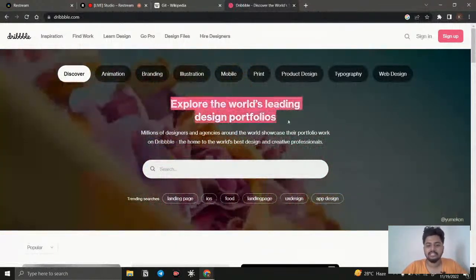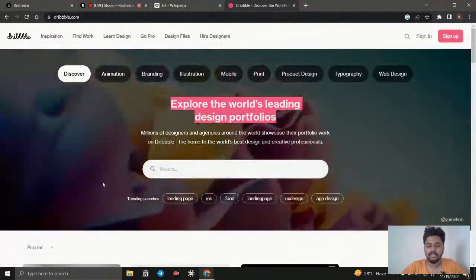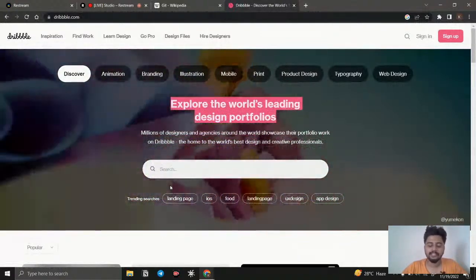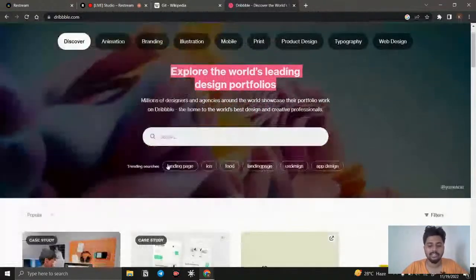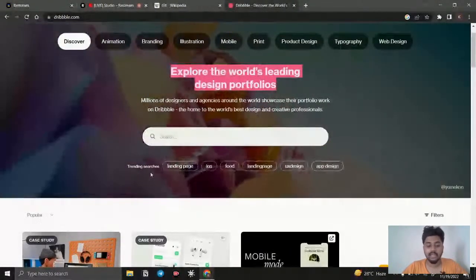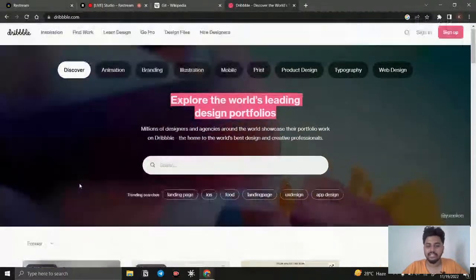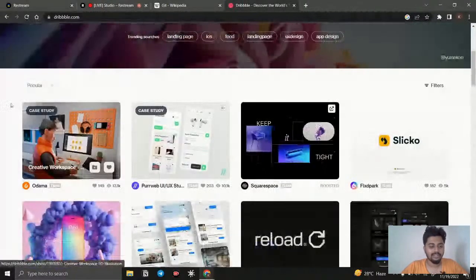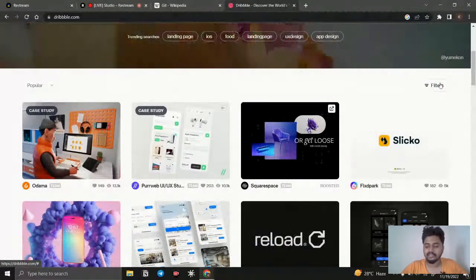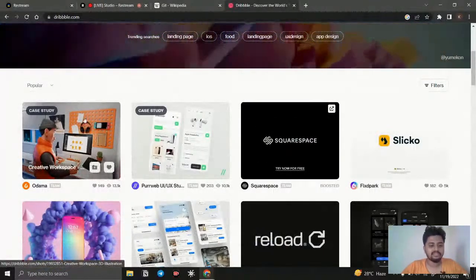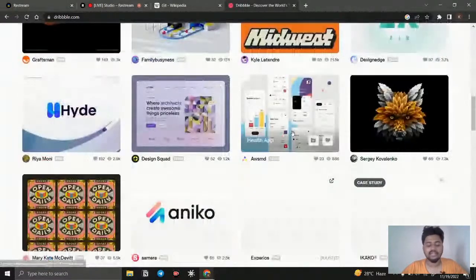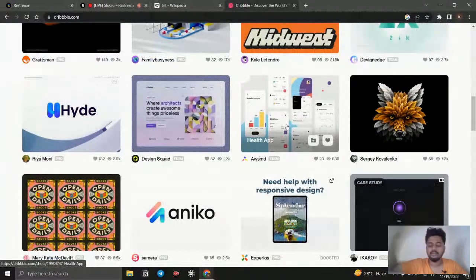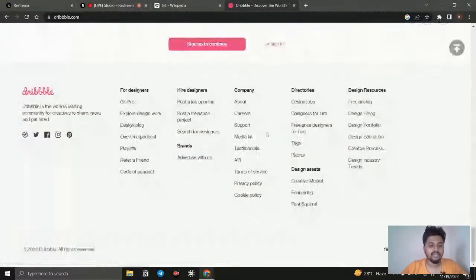And you can see the words "Explore the world's leading...". This is an H1 with a very neat layout, and they made the search input box very clear. This is a pretty hashtag they have been using for searching, and by using HTML and CSS, we can do this. Once we are done here, we can see a button here and another button here. We can create them. You can see the boxes, and those boxes, yes, of course, we can create. We can use flexbox and grid to create the box layout. And once it comes down, you can see the footer, right? So we can create that too.